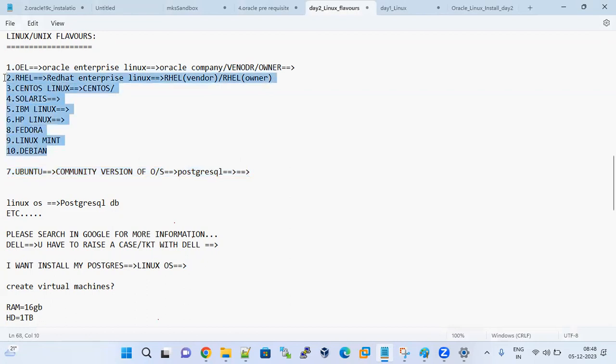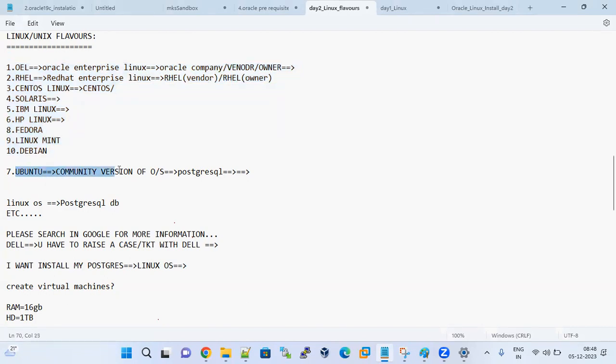If you use a licensed operating system and face any issue, you can simply raise a ticket with the owner of the product. They will assist you and fix our problem because we are paying for the license. So the major advantage is that we get vendor support.